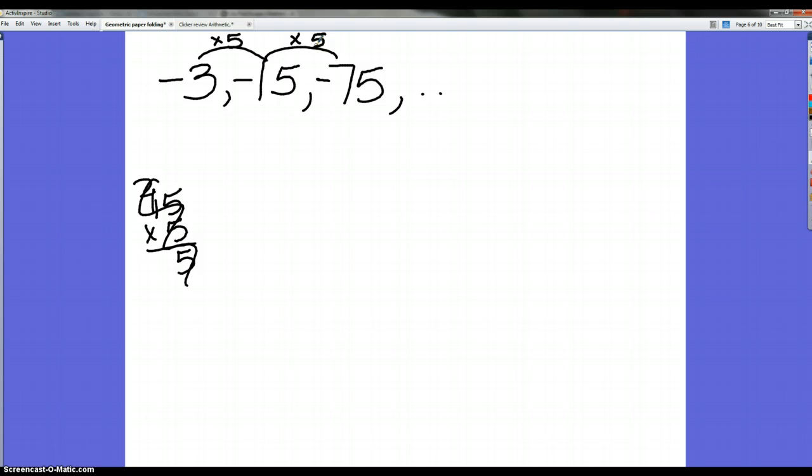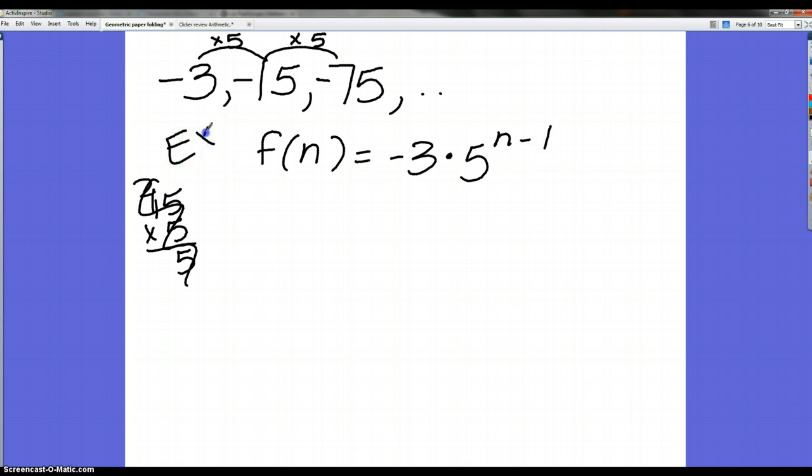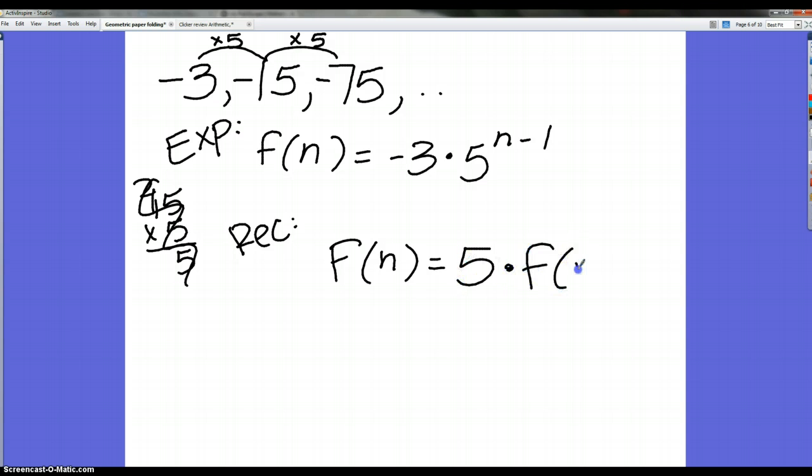So geometric, so we'll have f of n. Our first term is negative 3. The r is 5 to the n minus 1. So that would be explicit. Recursive would be fn equals the number we're timesing, 5, times fn minus 1. And those would be our equations. This one's actually interesting if you were to graph it, because